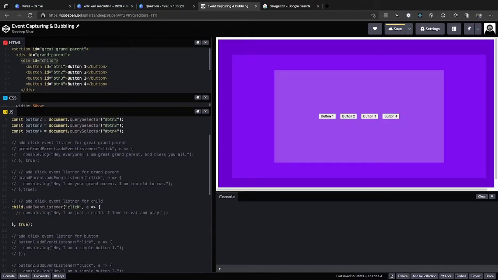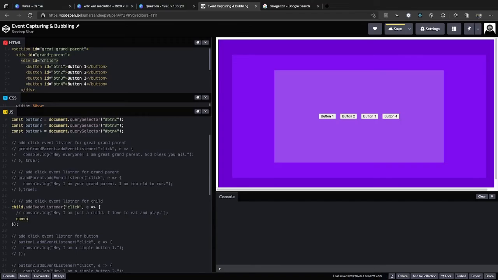So what happens once these buttons are getting clicked? The event is delegating or bubbling up to its immediate parent. Okay, let's remove this true as well. Otherwise, this will be registered in the capturing phase. So once we click on this, we get an event object, this e.